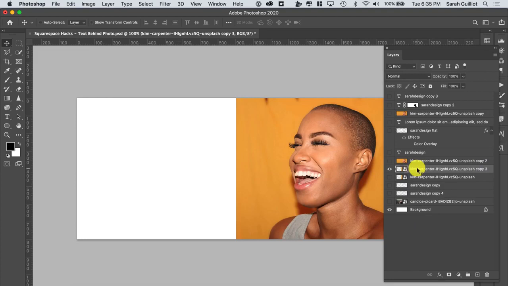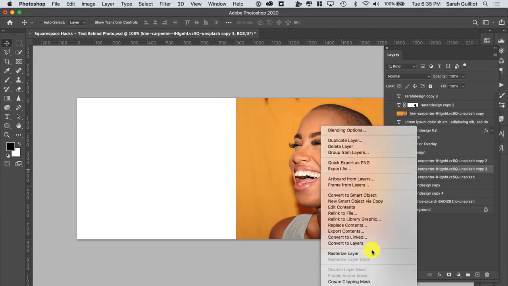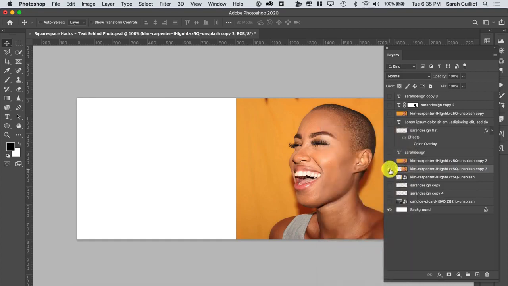So I'm on a Mac, I hold down Control and I click on the name, and then I go down and find Rasterize Layer. So now it is flattened and rasterized. So next thing we're going to do is grab our little square tool from up in the tool panel for Photoshop, and then we want to grab some yellow from this side and we're going to extend